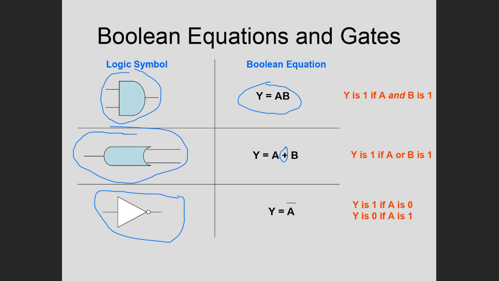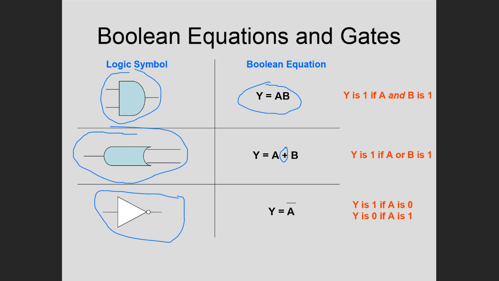But any way you can show multiplication, you can also show AND logic. So you know how you can take the 2 and the 3, and instead of putting the dot between them, 2 dot 3 to get 6, 2 times 3 is 6, you can put the 2 and the 3 in parentheses. That means multiplication. Well, that also means ANDing. Or you can take the 2 and put that in parentheses, but not the 3. That's still ANDing. So any way you can represent multiplication in regular algebra, you can represent AND logic in Boolean